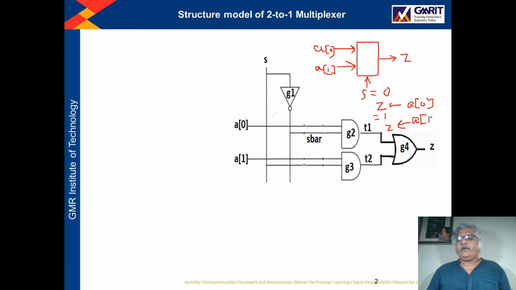Whatever is the value of A1, whether it is 0 or 1, that will be transferred to the output. So in this way this multiplexer will work. An internal diagram of this multiplexer is shown here.